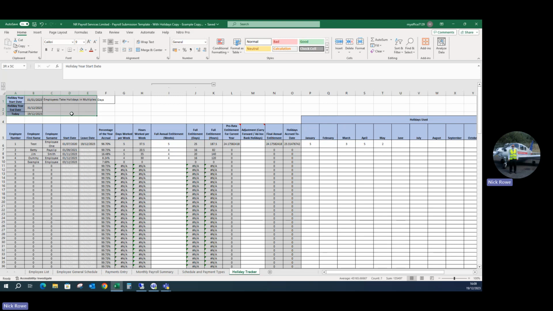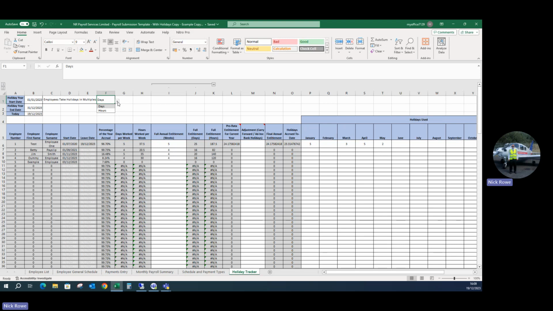So you can enter the start and the end date of your holiday year in this top corner here, and you can select from a drop down whether people take holidays in weeks, in days or hours. So, if someone takes a holiday in your company, are they paid a day for it, or are they paid 7 hours, or however many hours someone works in a day? So you'll know that, and based on what you select here, this spreadsheet will obviously work out your holidays according